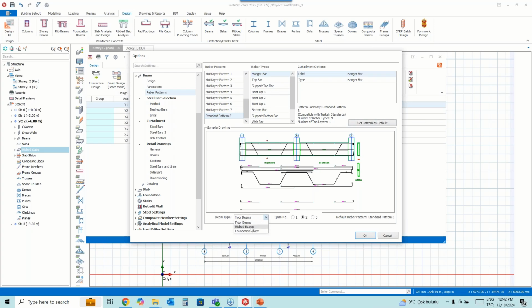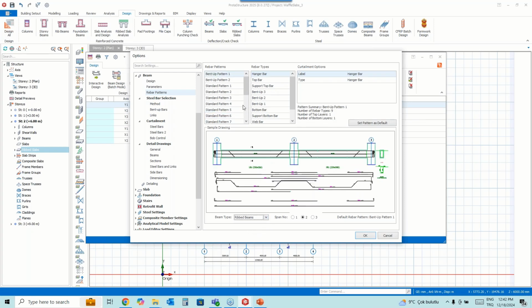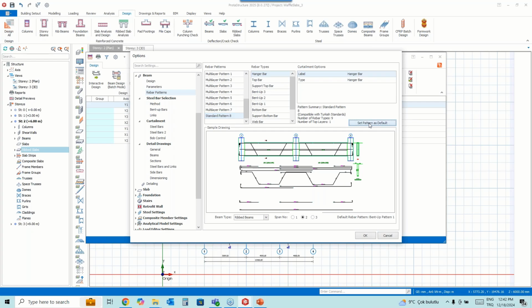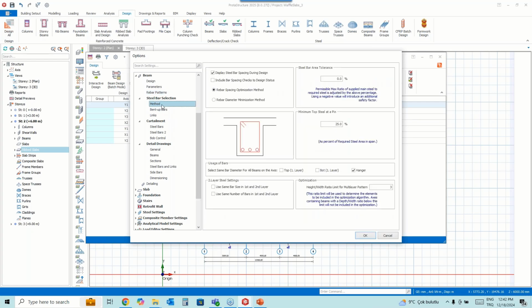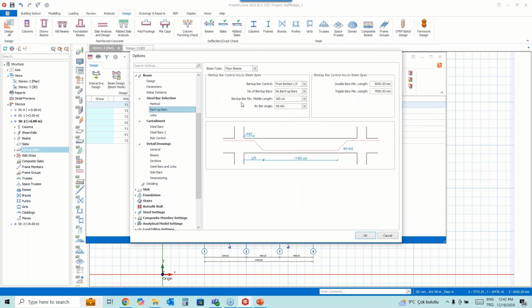So don't forget to select the rib beams if you apply this setting to the ribbed beams. Okay, set pattern as default. Then, if you are using the bent up pattern, you can select the no bent up option or other bent up options from here.